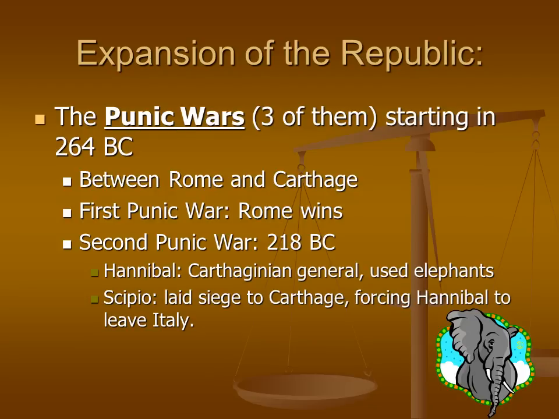For 15 years, Hannibal and his army moved across Italy, and they won battle after battle. They were never able, though, these Carthaginians under Hannibal, to actually capture Rome, and in the end, the Romans outflanked Hannibal. Scipio is the Roman general, Scipio Africanus they call him. He ends up sending an army to attack Carthage, and he laid siege to Carthage, basically cutting off all supplies in and out, eventually starving the people out, and that is going to force Hannibal out of Italy.